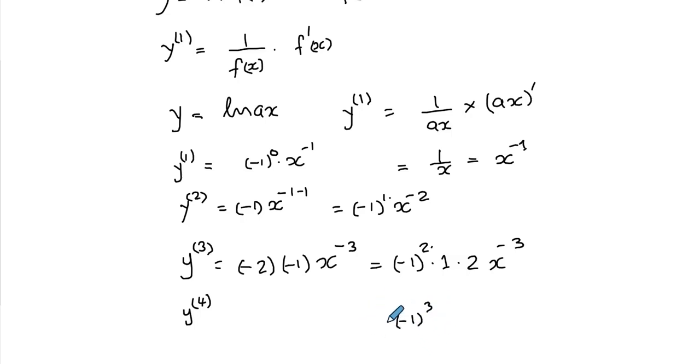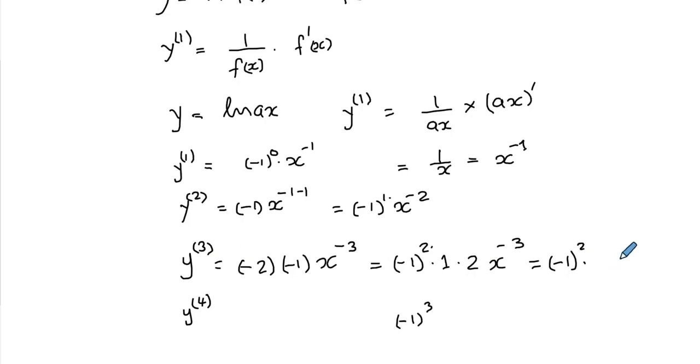So I think now we can sort of generalize. What we actually have here is simply minus 1 to the power 1 less than the order of the derivative, which is 2,